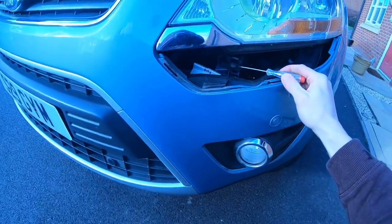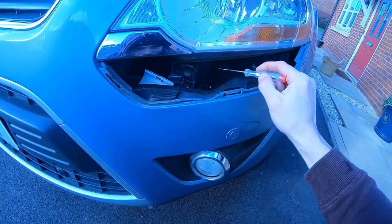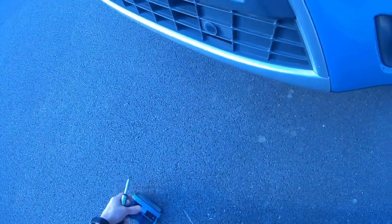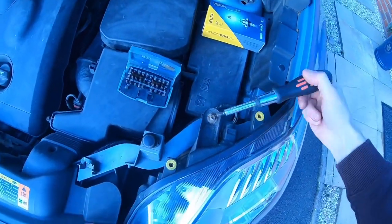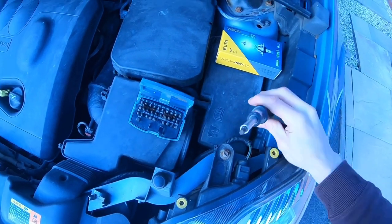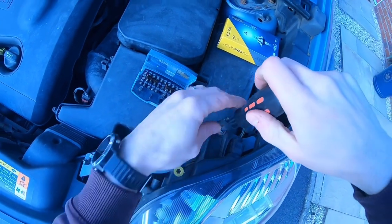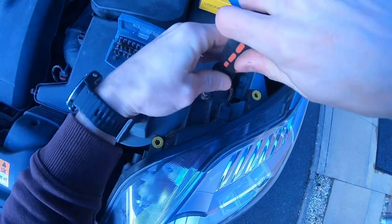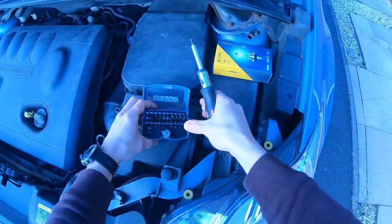Then you can see underneath there's a little clip, and at the back there's another clip. Before we do them clips, there's one screw up top we've got to unscrew. I know from doing this on the other side that you can either use a flat blade screwdriver, or you can use a 30 Torx screw. That's the 30. So what you need to do then is remove this screw all the way, keep that somewhere safe,